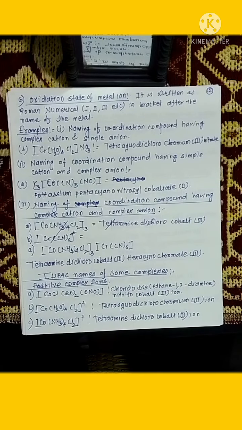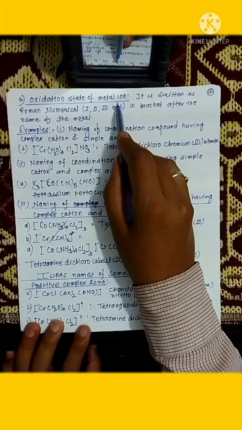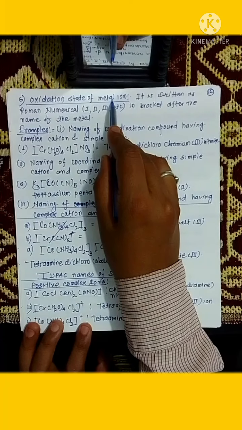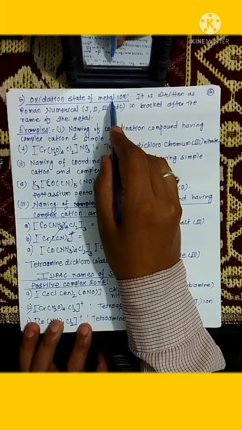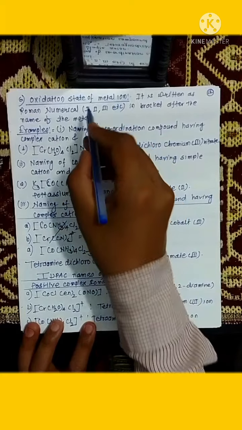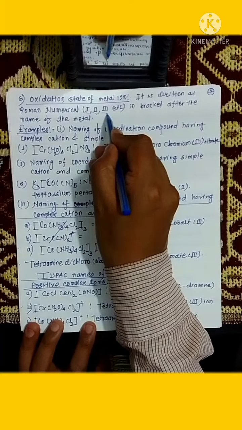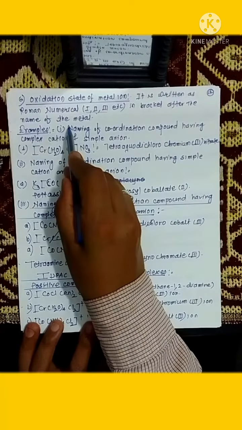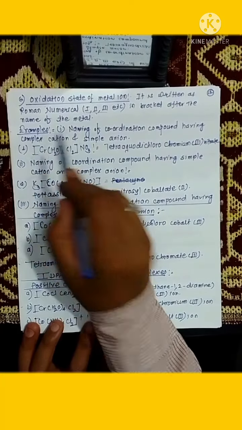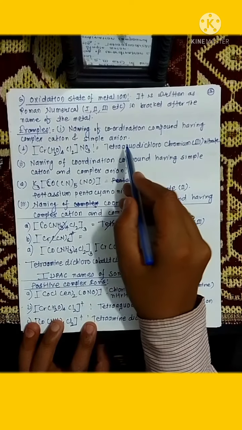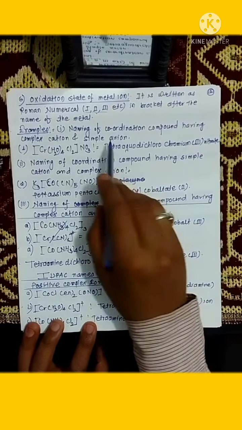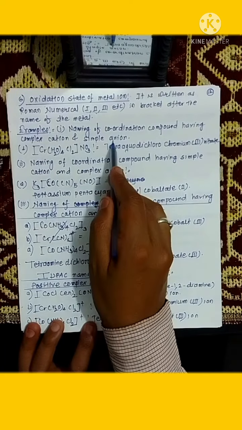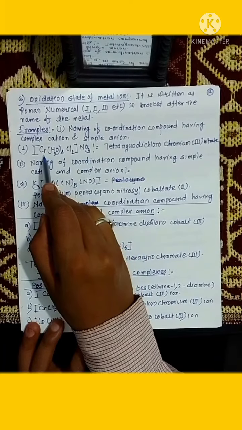Now the next point is the oxidation state of the metal ion. The oxidation state of the metal ion should be written in the name, and it is written in Roman numerals in a bracket after the name of the metal. Now we are going to see how the name of complexes is written. First, naming of a coordination compound having a complex cation and simple anion. So just see here,